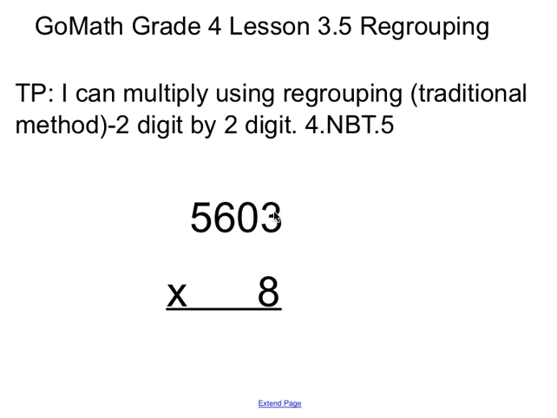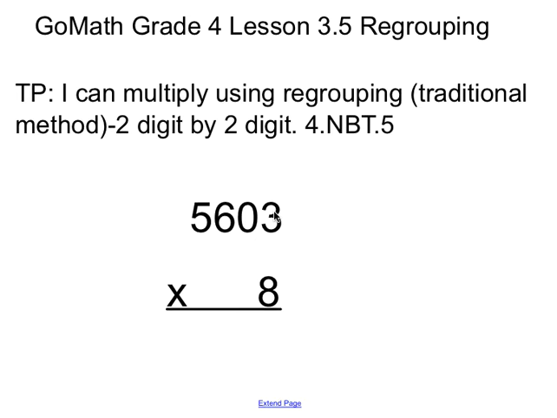Teaching point: I can multiply using regrouping, also known as the traditional method. This is the way that many parents and grandparents were taught to multiply. This is to show you using a 2-digit by a 2-digit number. Still standard 4.NBT.5. First, we're going to start off by multiplying using regrouping, but this time with a single digit